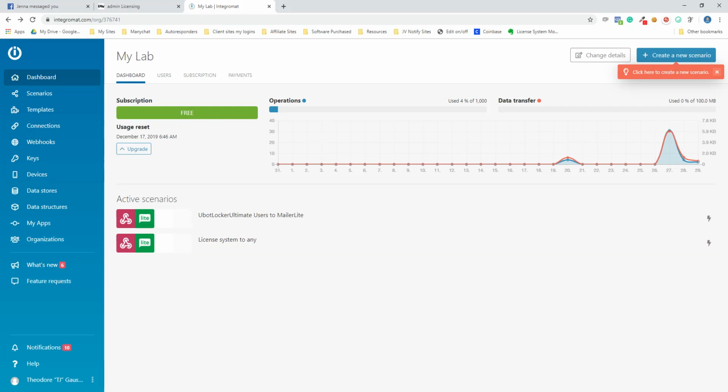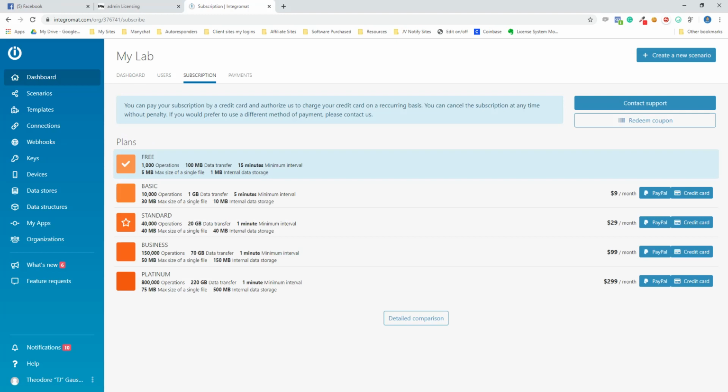requests to their system, but you'll see underneath the different options here, I can send up to 1,000 operations or 100 megabytes of data for the month underneath the free tier. The next tier up, the basic tier, is $9 a month and gives you 10 times the amount of operations and data. But I'm just using the free version here, so I'm going to first go straight over to scenarios